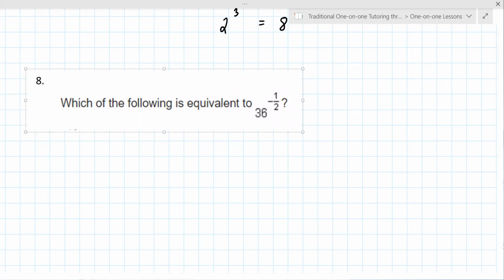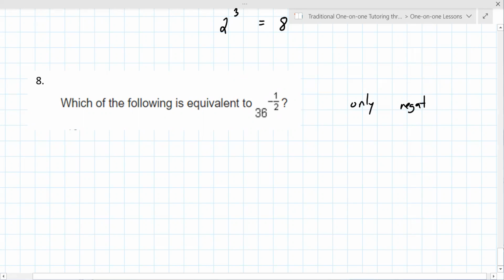All right, so we got question 8 and then 9. This is the only negative exponent. I guess I thought there would be more because these are the ones that really mess up students when they're learning this. So here's the property. If you have a negative exponent, you put it